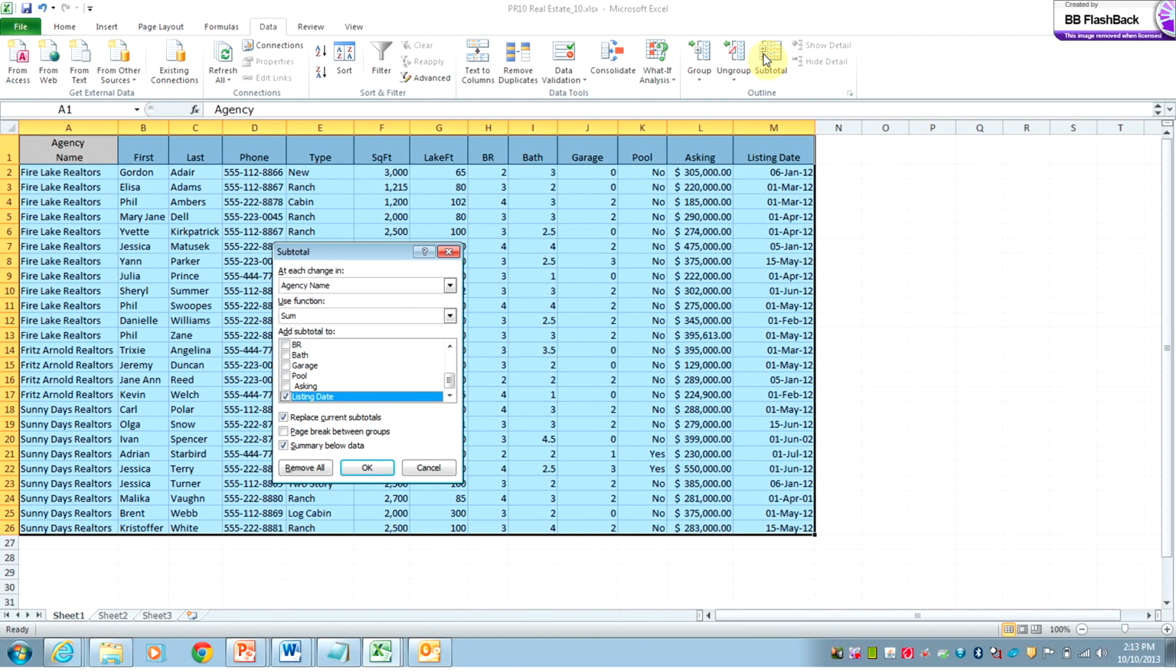Now it asks me what do you want to subtotal by. Do you want it by agency name? And definitely we want it by agency name, and we want to use the sum. And every time there is a change in the agency, it will show the sum of, and we have to tell it now what it is that we want the sum of. So if you want to find the sum of the asking price, you'll choose, instead of listing, you'll choose asking, and you'll uncheck listing. Then make sure that only asking is selected